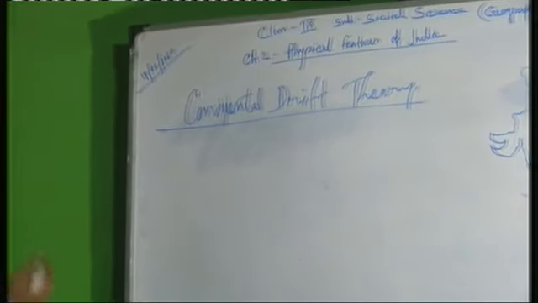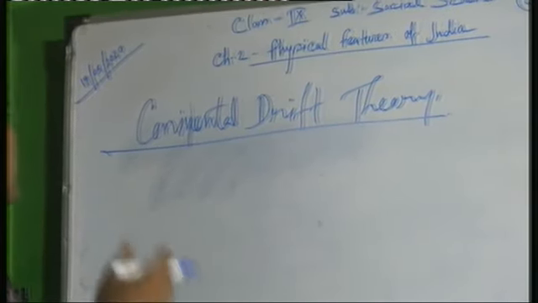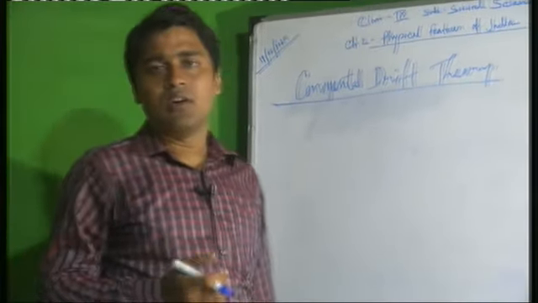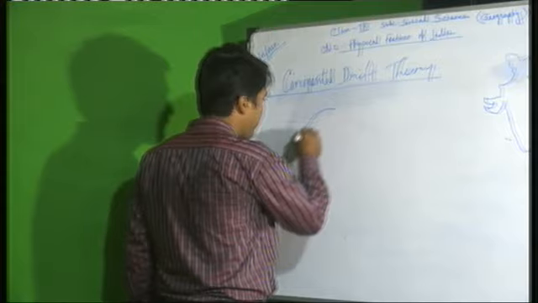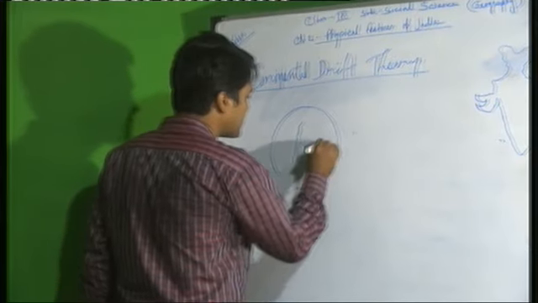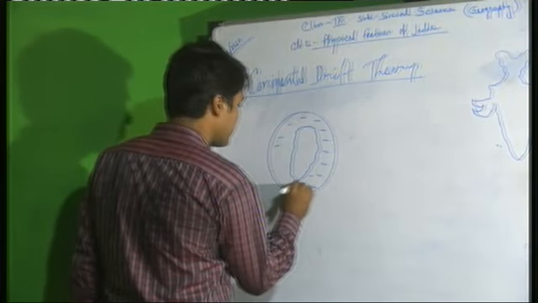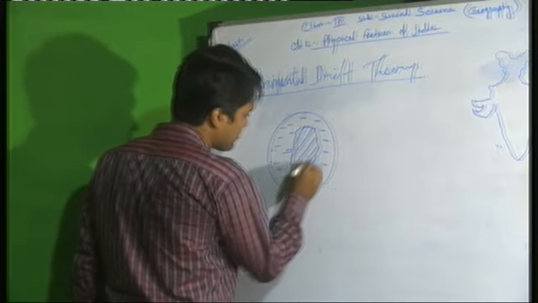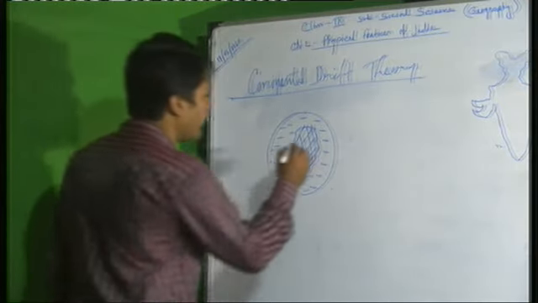The continental drift theory means that from the very beginning, scientists imagined that all the landforms, that means all the continents, were situated as a single landmass on the Earth's surface. This single landmass is called Pangea,